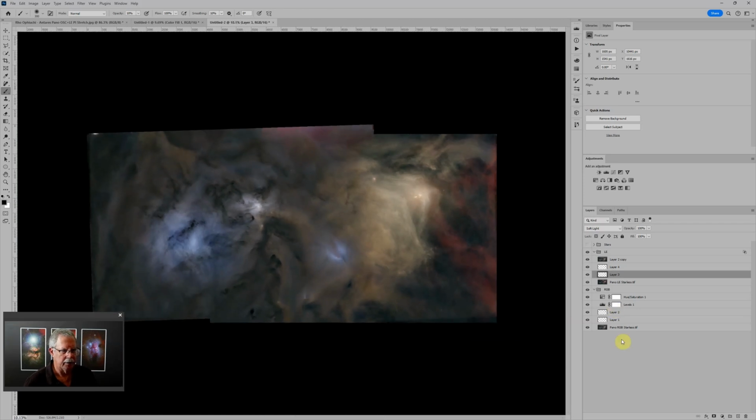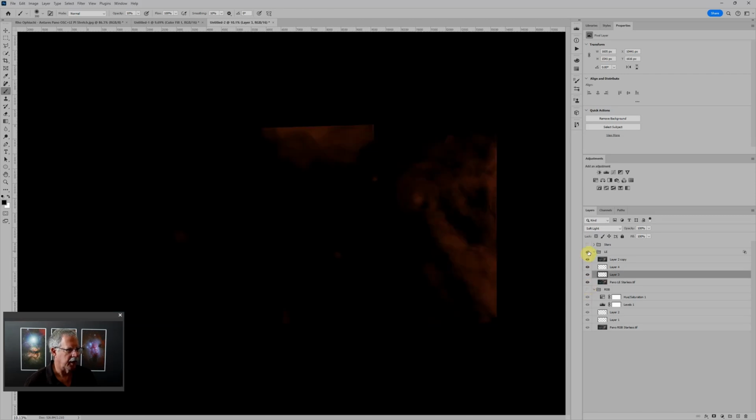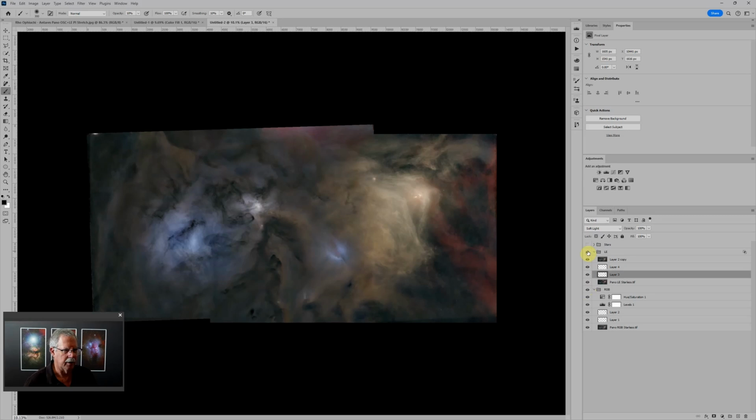So there is our RGB data on the bottom. And so there's just the RGB. This is just the L-enhance that we're adding back in. And that's the L-enhance with the continuum subtracted data added back in using the screen blending mode and just the